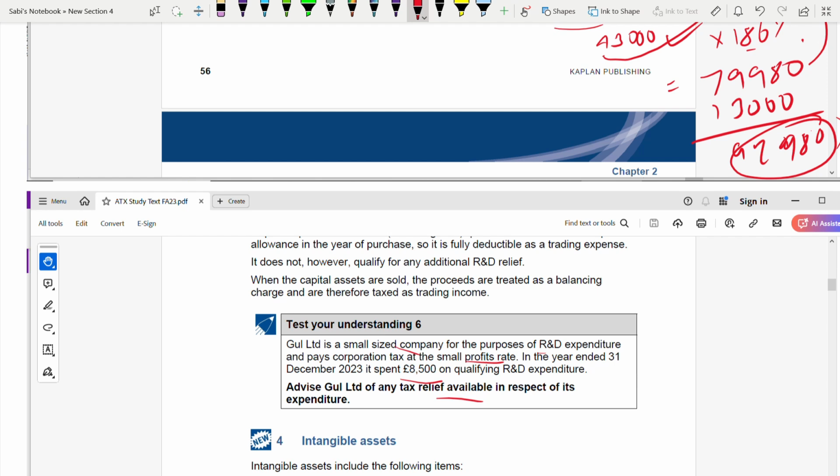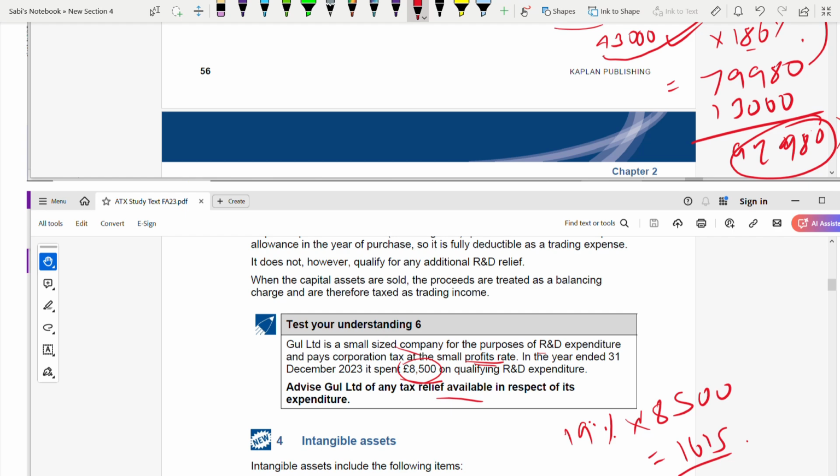So tell me, the normal R&D expenditure allowable deduction already charged in the accounts of 8,000 will give a tax saving. How much? Because this you will deduct as an expense, right? So you can save tax here. This is small profit rate. So 19% corporation tax you will pay on 8,500,